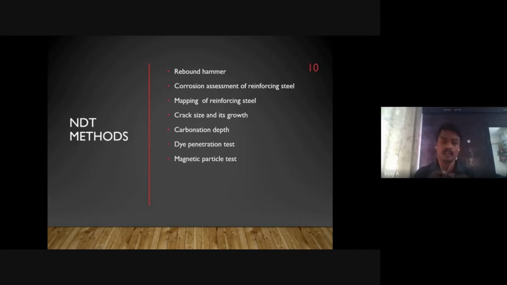And then we have the 3-point bending test. Exclusively in structural engineering, we use it to make a prototype of a beam and test it. The 3-point bending test examines the soundness and flexibility of a material, or even its ductility, by taking a sample of it. Normally we call it a coupon. So the prototype test specimen is termed a coupon, and it is bent at 3 different points to a specific angle. These are the different destructive testing techniques that we follow.